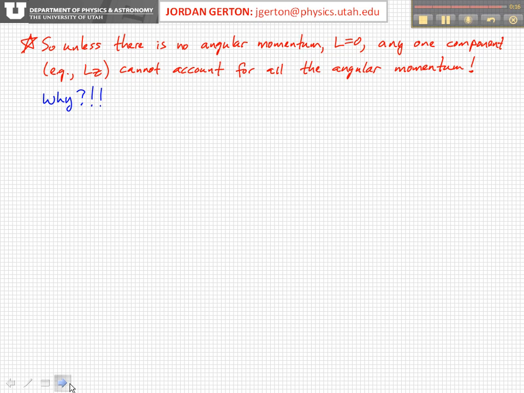Classically, that can't be explained. You would expect that the angular momentum has a well-defined axis,